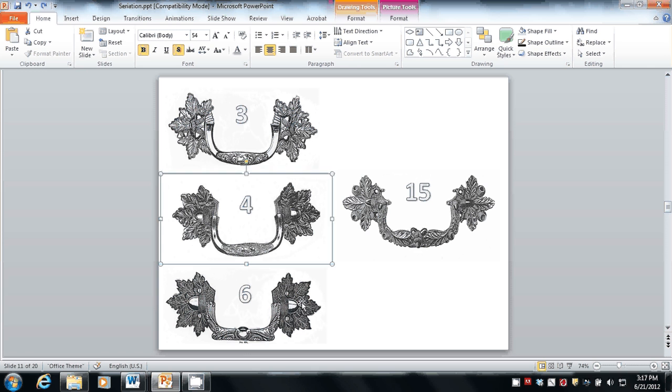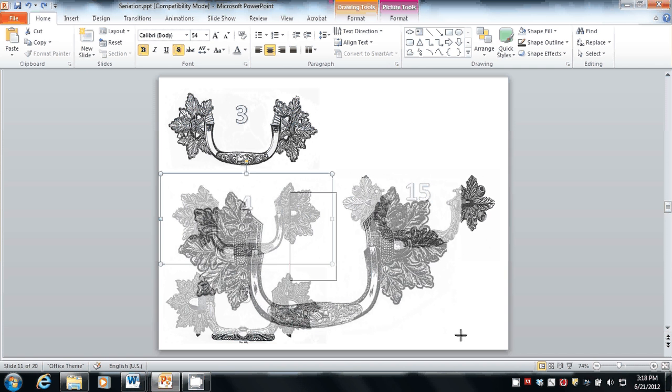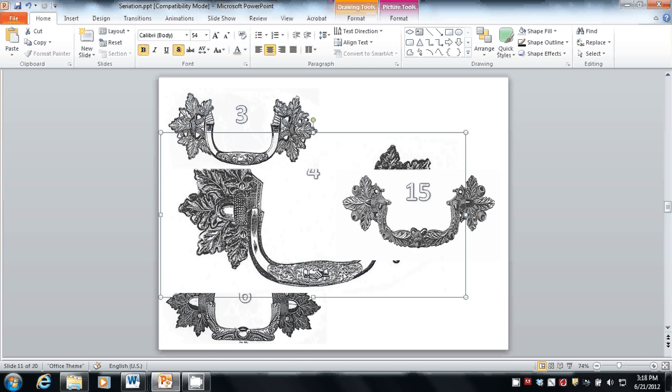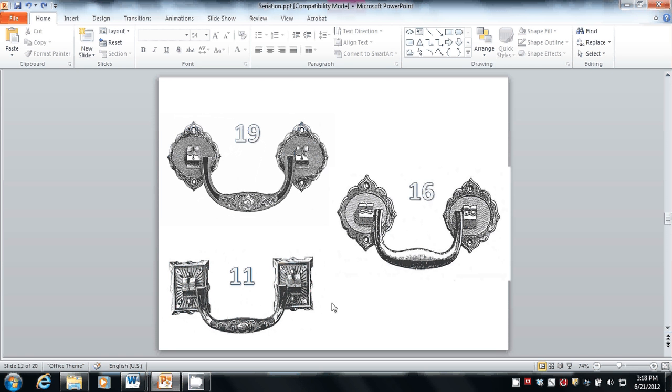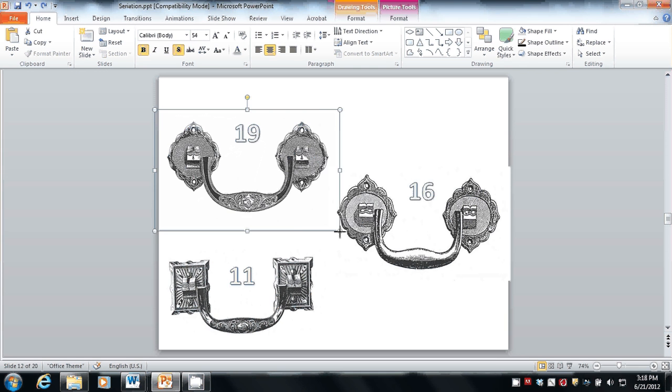Handle 4 and 6 are similar in the sense that they have just one acorn hanging off the end there. However, handle 3 and 4 are similar in the sense that they have the same motif in the middle. And if we expand this a little bit and look at that motif, you'll see there are 2 hands holding each other, presumably shaking hands, and we call this the clasp hand motif. And if we look to our Bible group, we'll notice that that same motif is present in 2 out of the 3